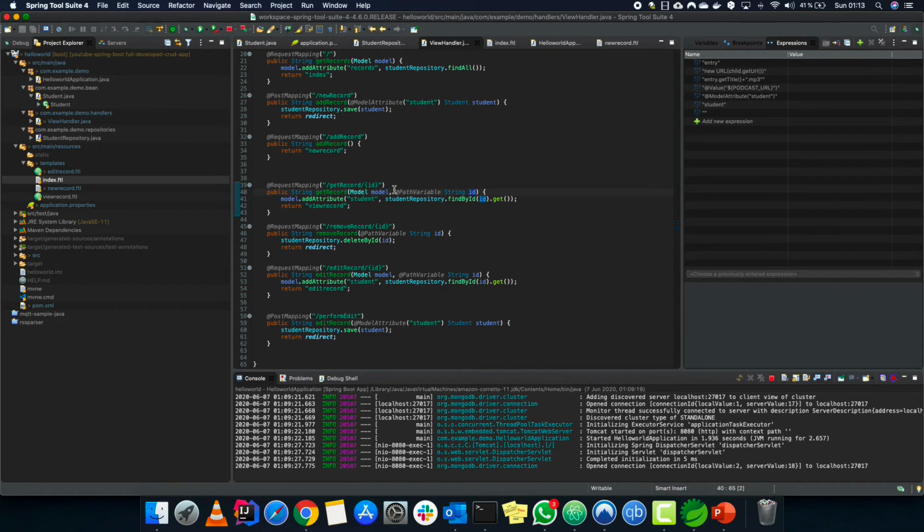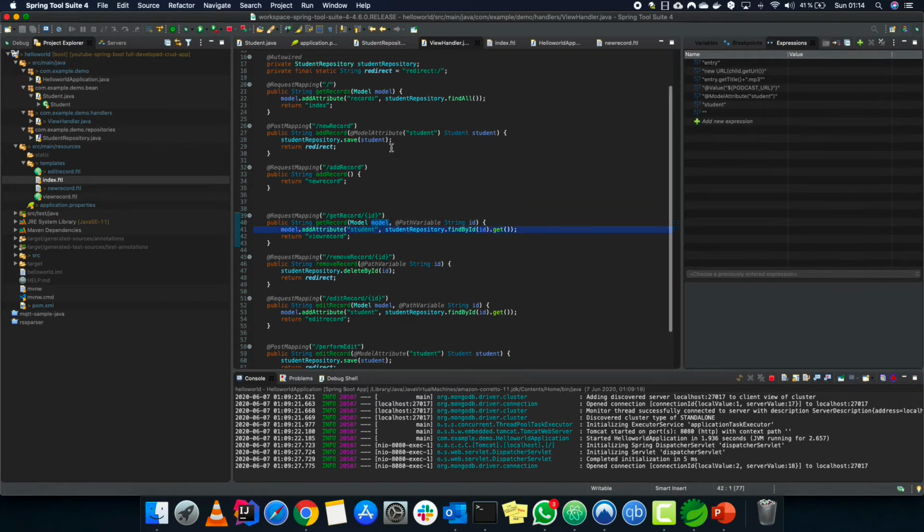particular id. So what happens is we find the record by the id from the student repository. So we get our student repository record, we assign it to student record using the model. So we pass another attribute. It is the same thing that was happening here in find all records. So the thing that we need to note here is whichever value is in that particular mapping part is assigned to this particular id variable, and using that id variable we are getting the record that we need to be getting.